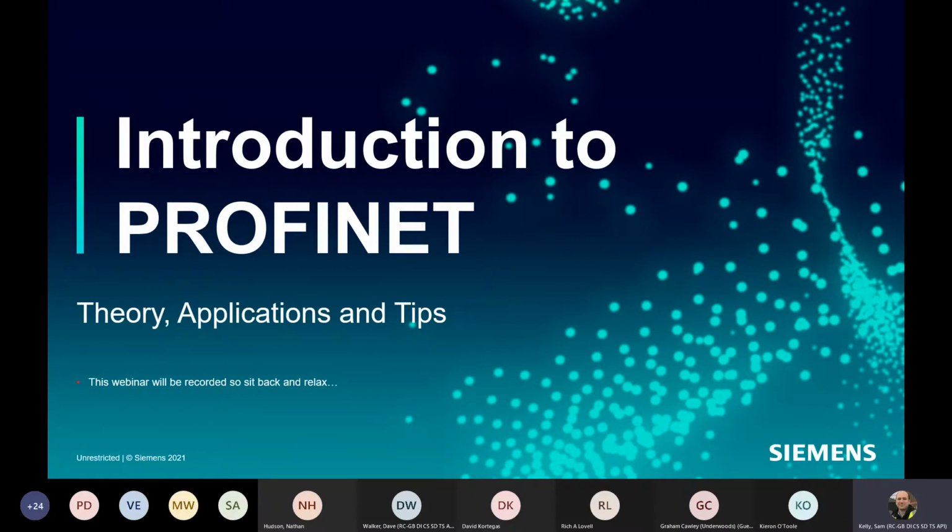We're going to be talking about Profinet today. So it's going to be a bit of an introduction to Profinet. We're going to talk about the theory, not too much of the theory because we don't necessarily need to know all the theory, applications, and also some tips as well, which you might come across yourself or if you engage